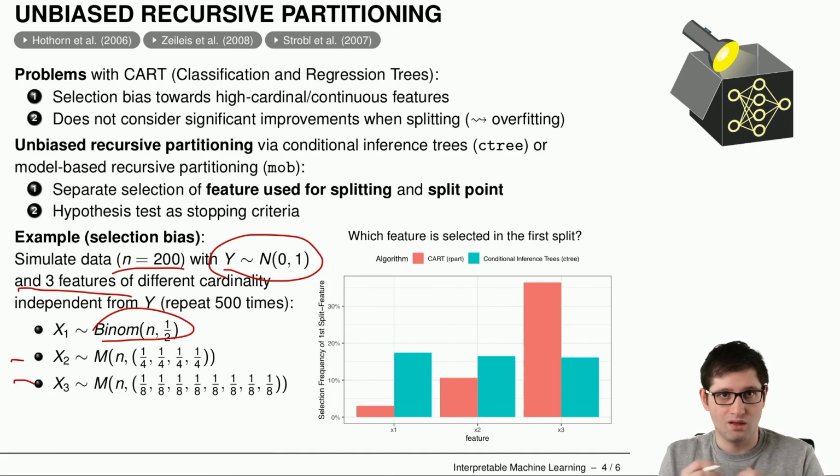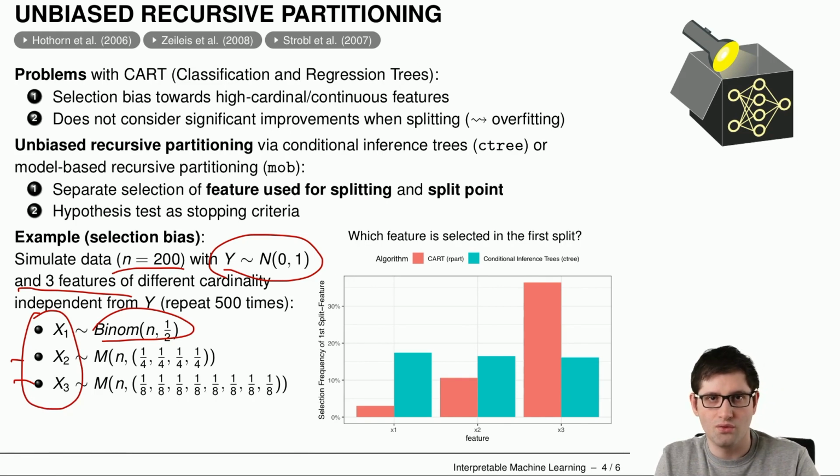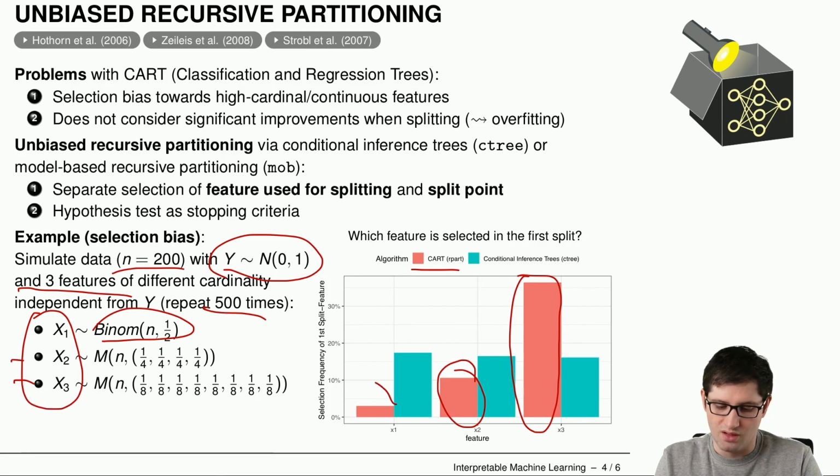And now we can see, if we apply the decision tree, which of these 3 features was used as the first feature for splitting in the first step. Since the target is independent from these 3 features, we shouldn't see that one of them is preferred in splitting, because all of them are equally unimportant. So all of them should be, if we repeat this process 500 times, selected with equal probability, because they are equally unimportant. However, the left bars here in red refer to the CART algorithm, and we can see that there